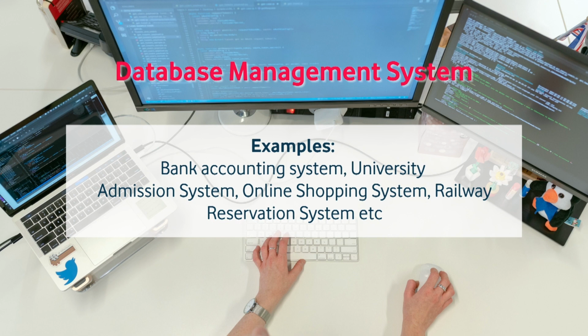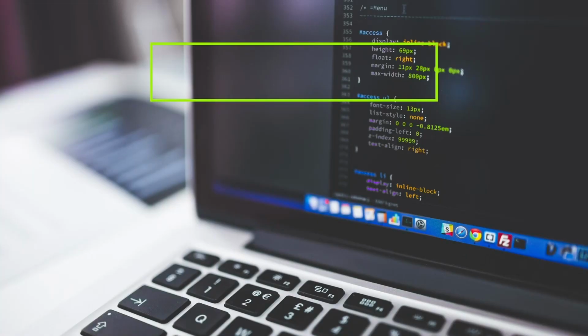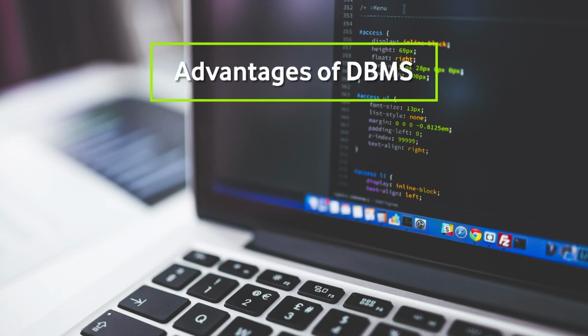Similarly, in online shopping, unless you complete your whole process, one specific transaction will not be completed. For example, you have selected the item, then you go for processing, you have selected the address where the delivery should be made, then you try to make the payment and you have not made the payment, then your whole activity will be aborted and it is not recorded in the system. So these are all the different types of activities which are performed by the database and provide services as per the specific need. Now let us see the advantages of the database management system.